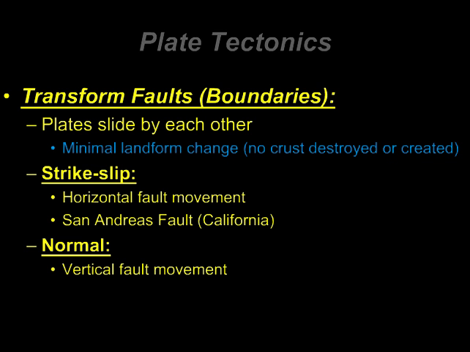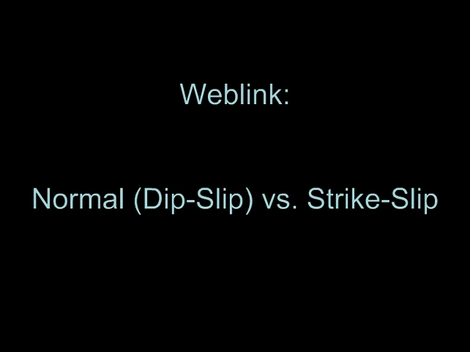Further, another type is a normal fault, and that's where we have vertical fault movement. Of course, horizontal, vertical, what do I mean? Great animations here that I'll show right now. So click on the two links here on the screen, and it'll take you to one that's an example of a normal fault. In fact, it's what they call a dip slip, and the other one is a strike slip